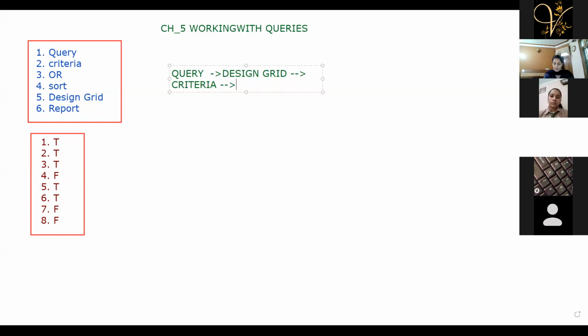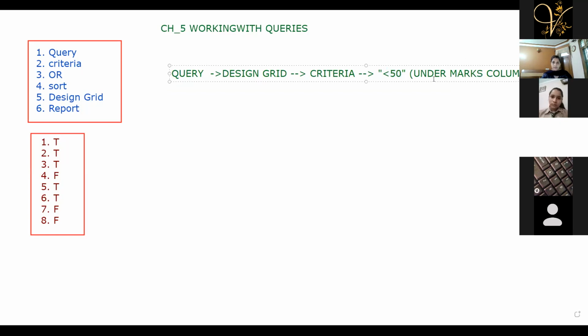Criteria column के अंदर आप क्या set करोगे? It should be less than 50. आपने type क्या करना है? Less than 50 in double quotes. This thing is to be typed in the criteria, okay? लेकिन कहाँ पे करोगे आप type? Under the marks column.